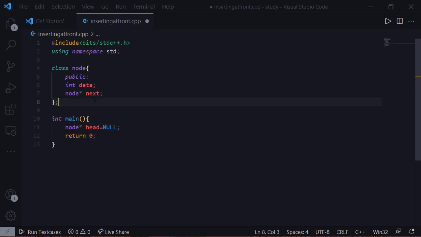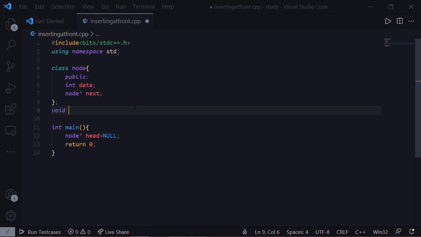After initializing the head node, we will create a void push function, and I'm going to pass the head as reference and the new data value that the user will insert.